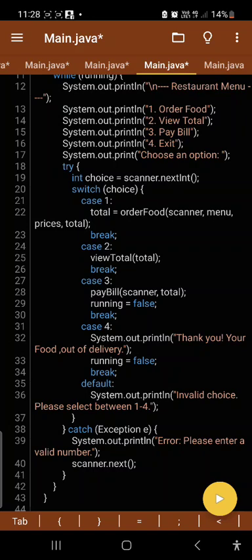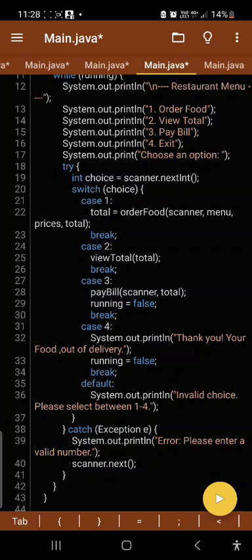The view total method simply displays the current total cost of the order. In the pay bill method, the user enters a payment amount and the program calculates the change and displays a message.